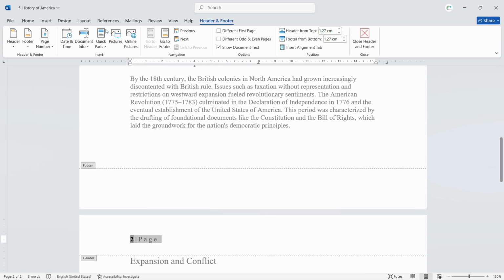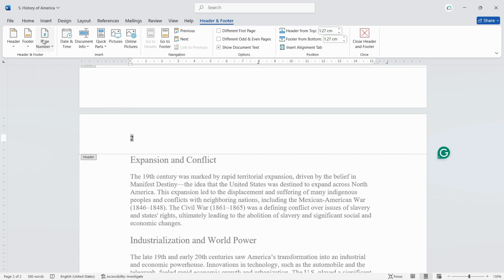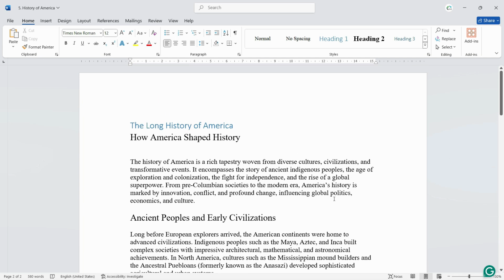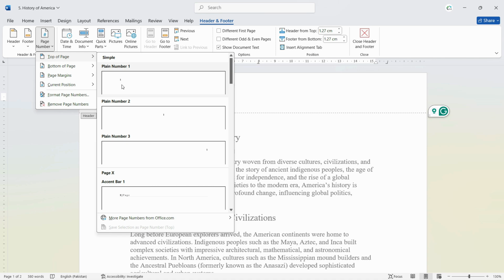Now you can use any of the formats, let's say the top of the page. I'll use the simple one, and then you can just select this and remove the page number, and now it should do the job. Now similarly, if I insert the page number again,